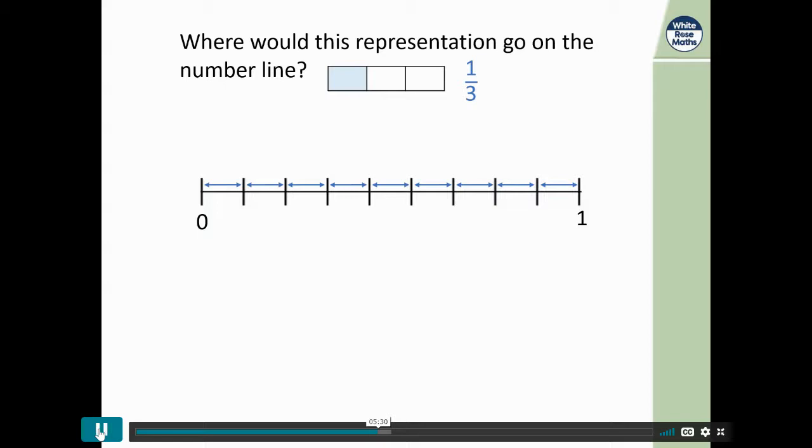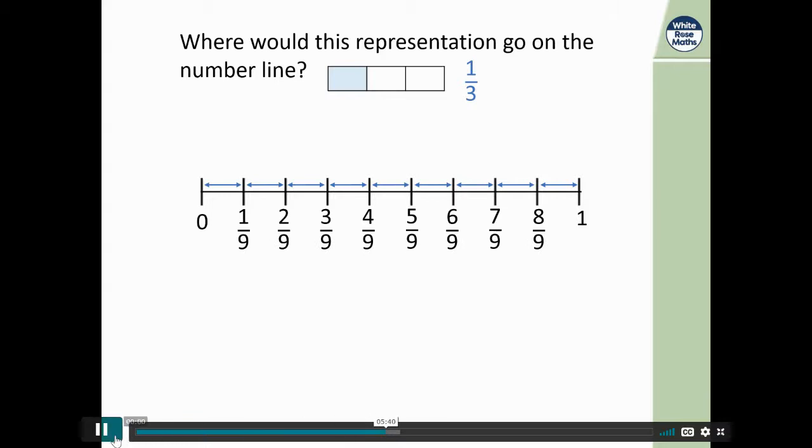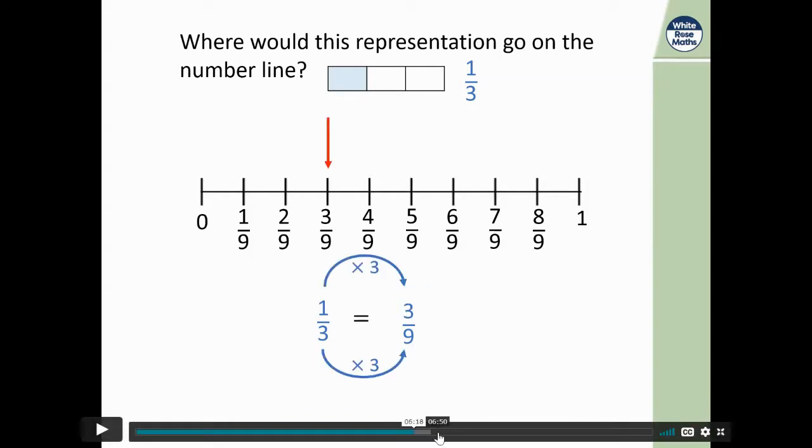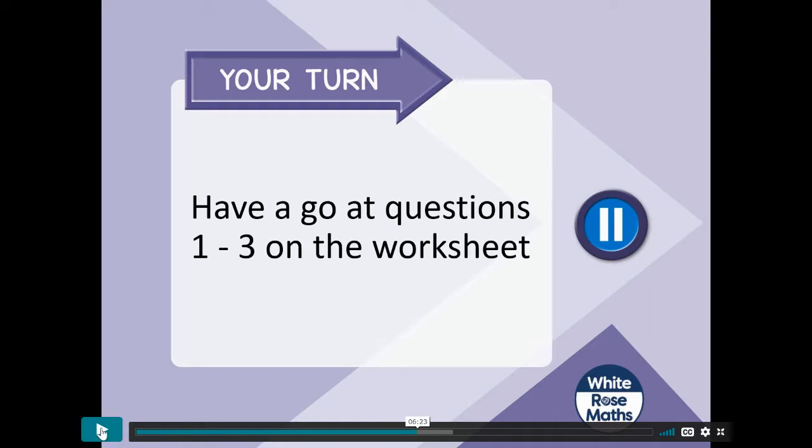So you might want to ask yourself, well, a third is how many ninths? How can you make 3 into 9? Think of your times table knowledge, and remember, whatever you do to the bottom, you have to do to the top. I think it's after that one. Yeah. Then you'll come back